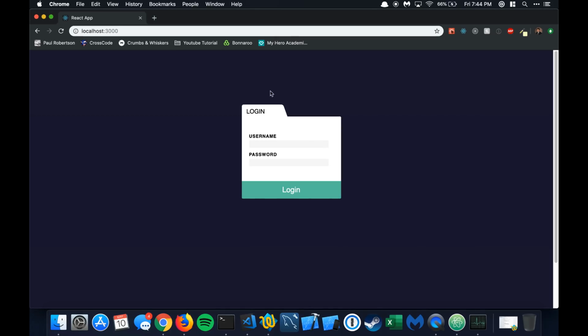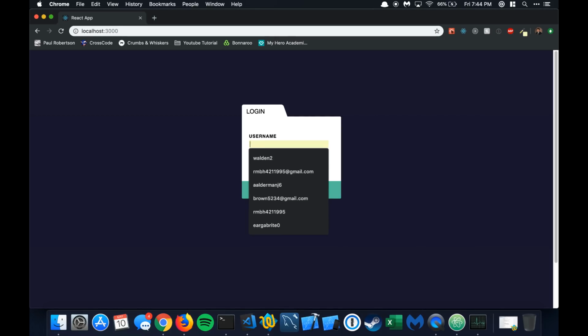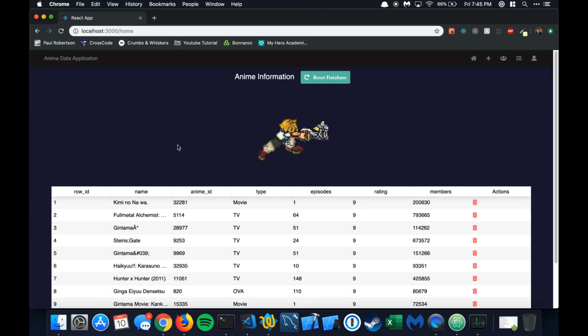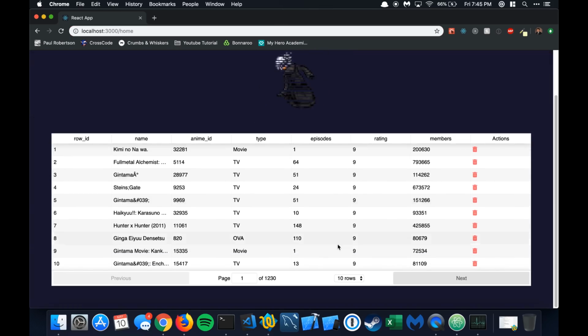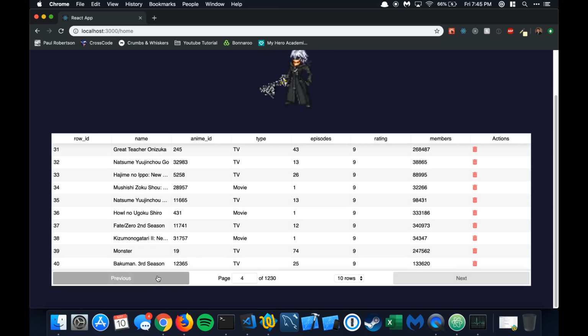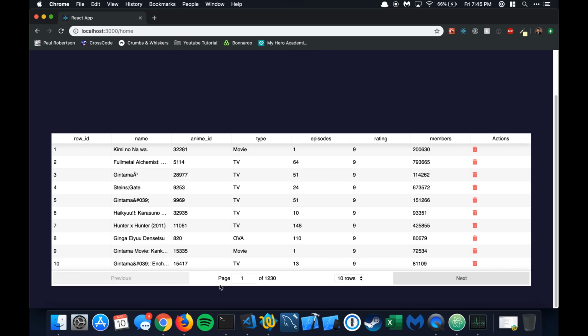In this application, we're going to be creating a login screen. So I'm going to log in right here, and this is going to be authenticated with the user database that we create using MySql. We're going to have a table on the home page that displays all of the anime data from that anime table in our database that we populate ourselves and create with some scripts using JavaScript and